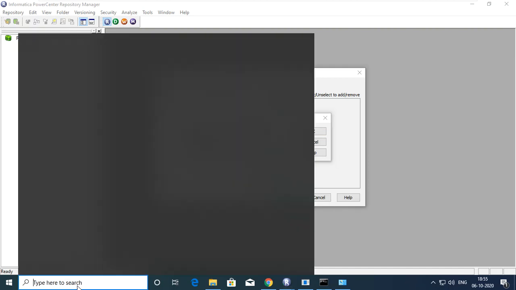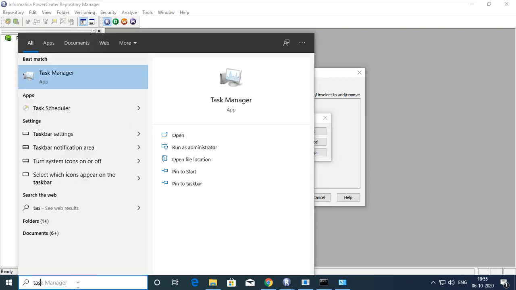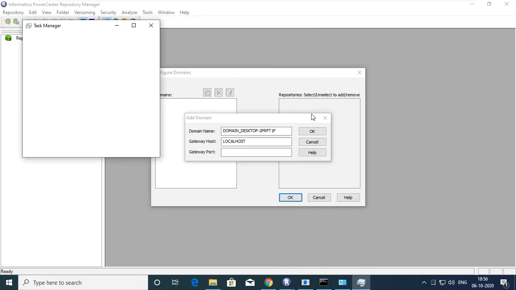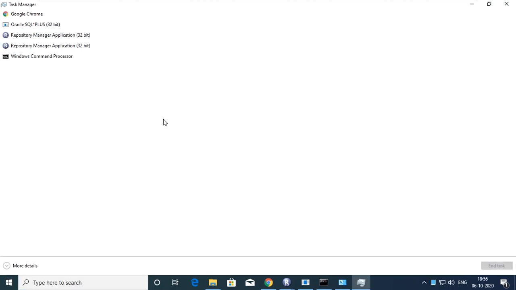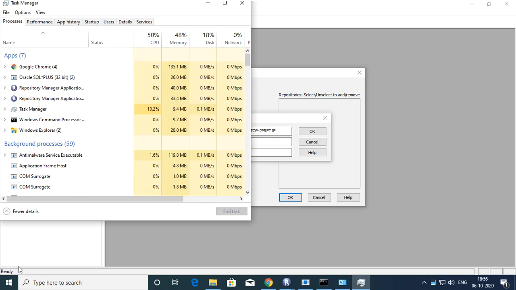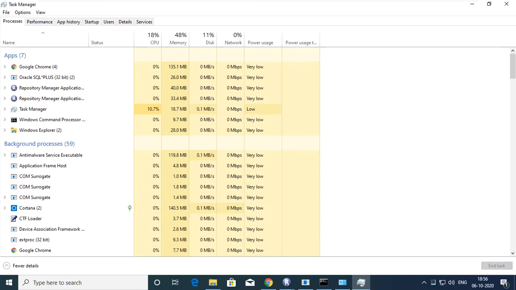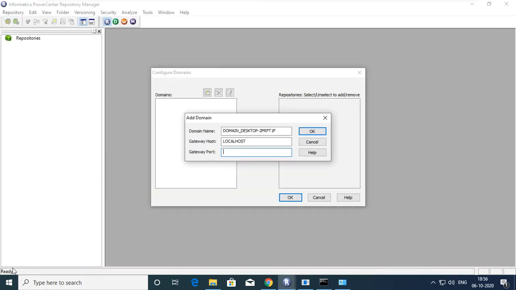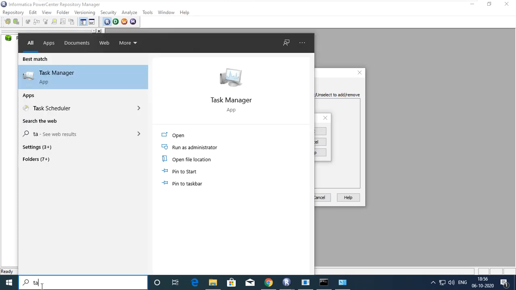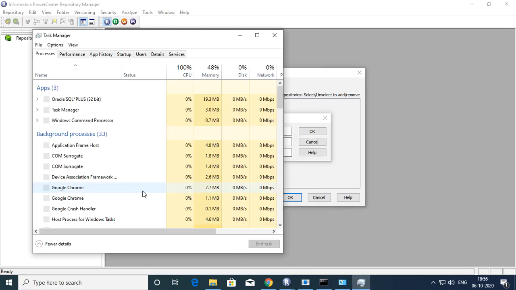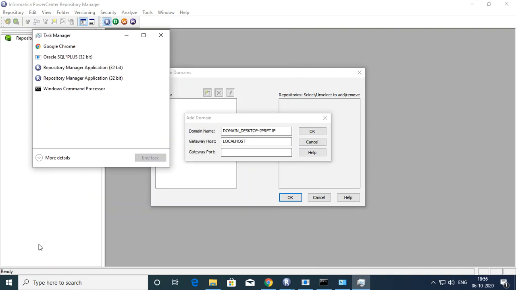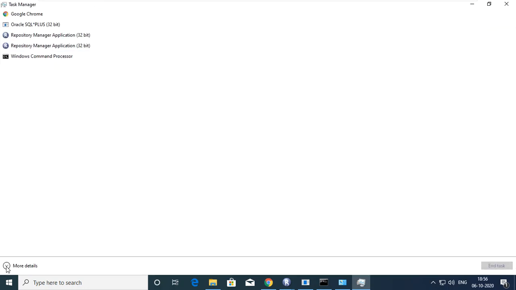First of all, you have to go to the task manager and check what services are running for Informatica. Go to more details from here. See, let me show you that. After moving to task manager, you have to go to more details. Fine.